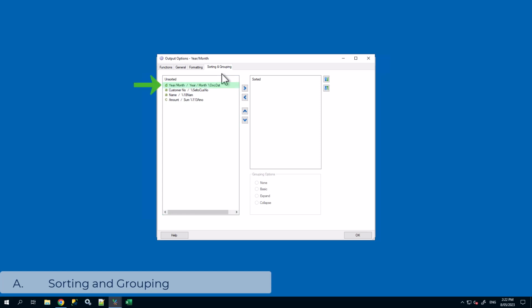We want to sort on year month. Select the output and then you can either click on the right arrow or simply double click. To remove an output from the sorted pane, simply highlight and click on the left arrow. Select the year month again from the sorted pane, and now the pane below Grouping Options is available. By default, the grouping option will be none, so the output data will appear as we've seen before as just